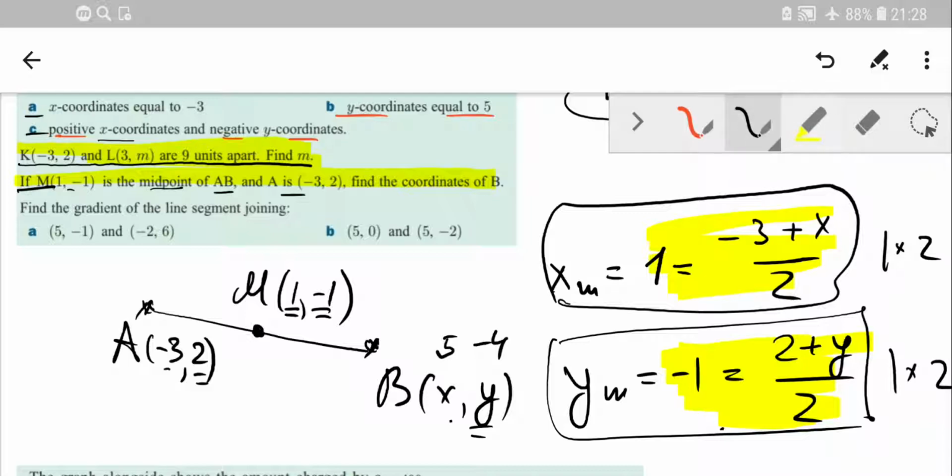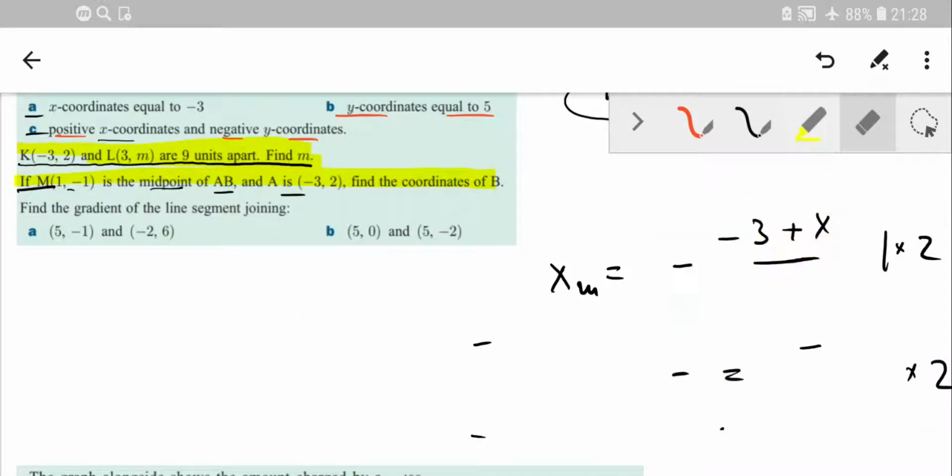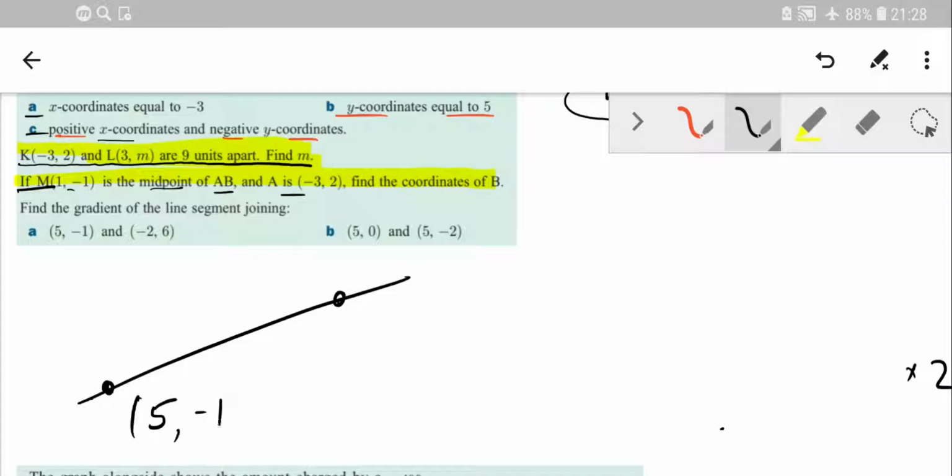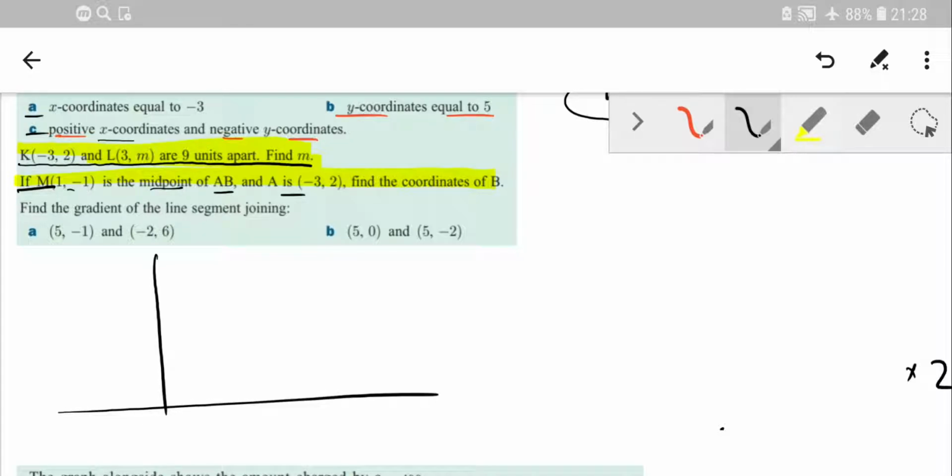So the last task in the block. Find the gradient of the line segment joining two points. Let's say (5, -1) and (-2, 6). Of course, in this case, it's better to actually draw to understand how it works and